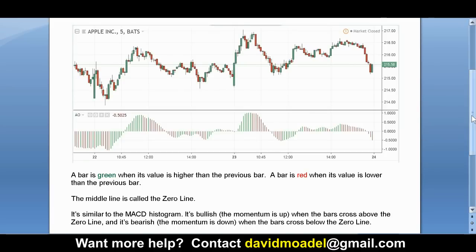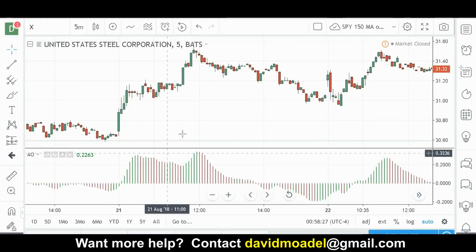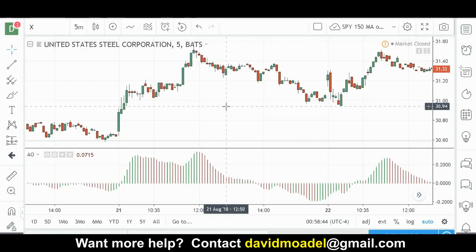Okay, so pretty simple, and let's check out some examples here, or at least one example. I showed you the Apple example. This is tradingview.com. I like it, and it's a good charting website. I like a bunch of charting websites. I like barchart.com. I like stockcharts.com, and today I'm trying TradingView.